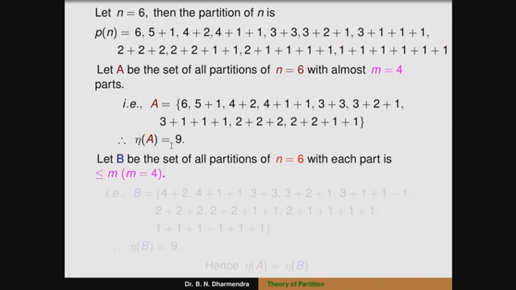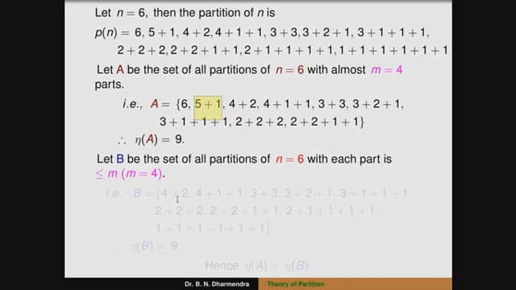That means we have to restrict the value of the parts of the partition not exceeding 4. Here 6 is there, we won't consider that term, because each part, that is lambda i, should not be more than 4. Here the next term is lambda 1 again, the term 5 is greater than 4, so we won't consider this term also. That is, we have to leave the first and second term.